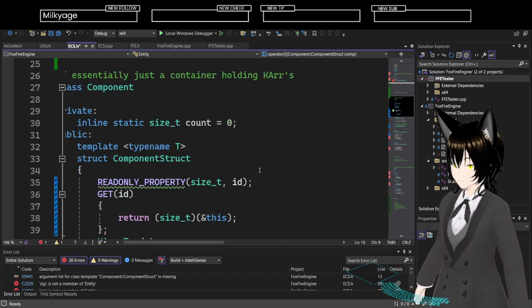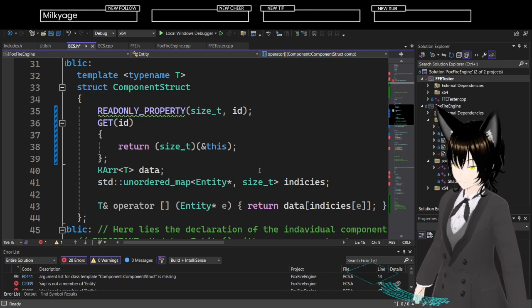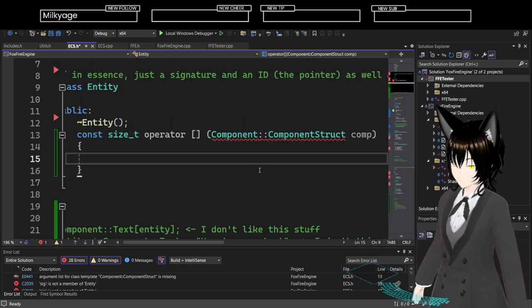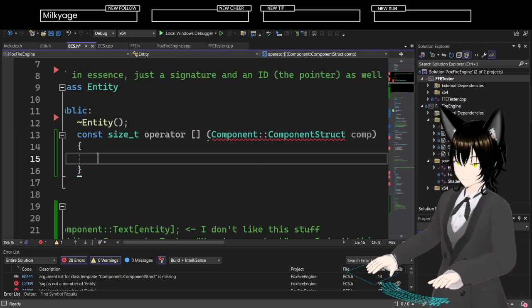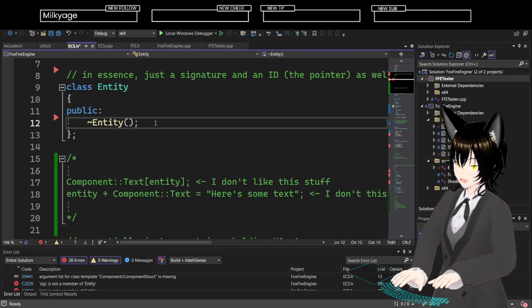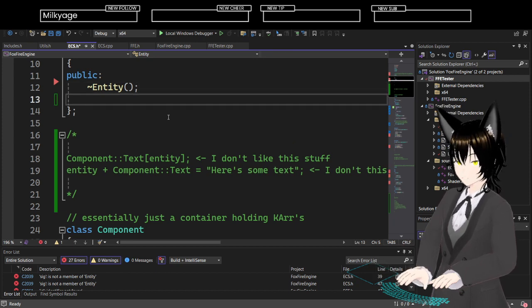Can I have templated operator? That's interesting. I want to be able to have a reference. This is strange. Well, you know, this is computer science, so I might as well do some science and experimentation.